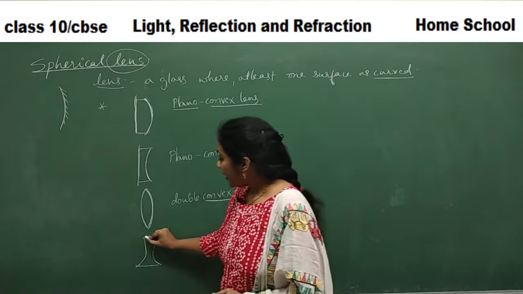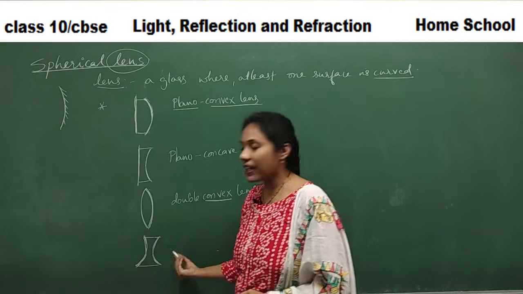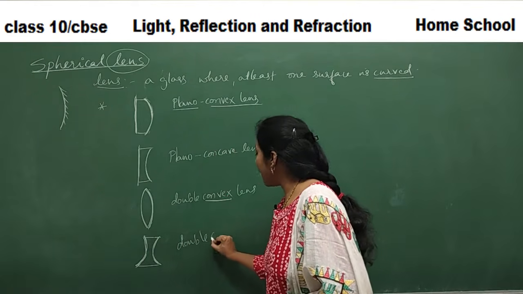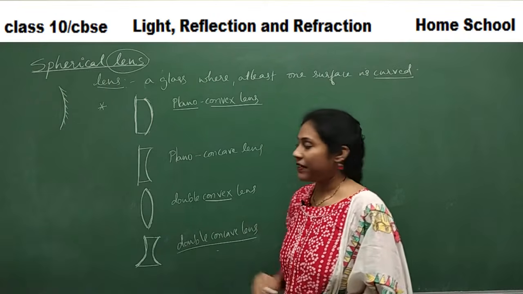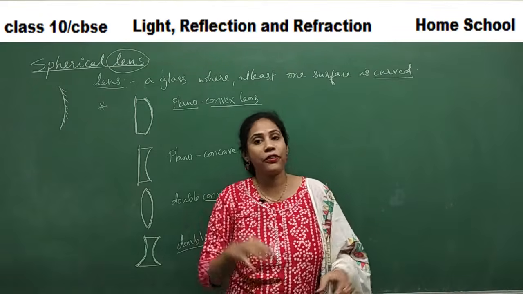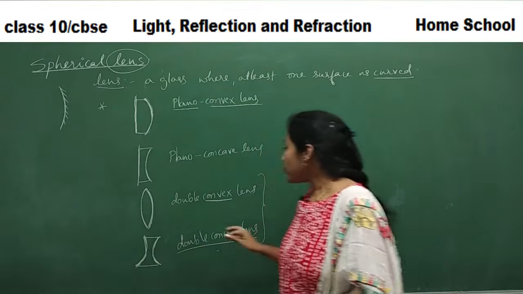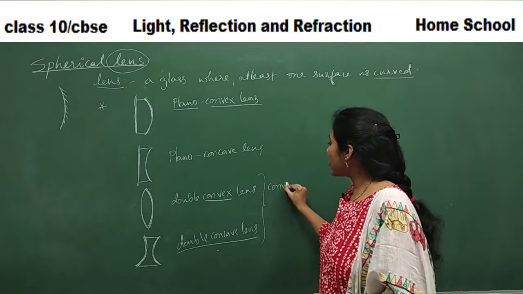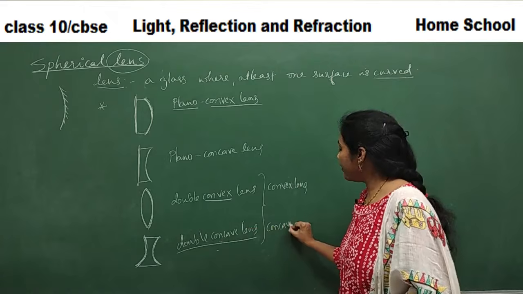You see here, it also has two sides. This is curved inwards and this side is also curved inwards, right? Then this lens is actually called as double concave lens. Double concave lens, right? So these are the two lenses widely used in our day-to-day life for various appliances or in various equipments. Clear? So instead of calling double convex lens, I can simply call it as convex lens. And this one I can simply call it as concave lens.